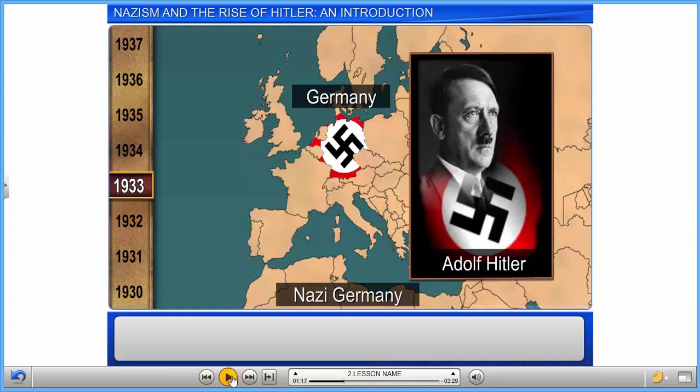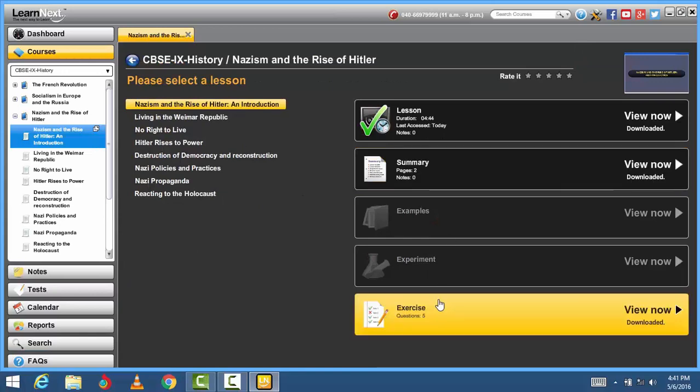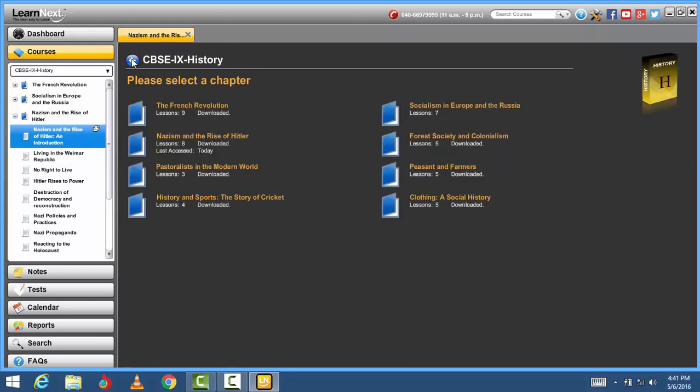So this is history. With the dates and all, it will be like a documentary movie. You need not read from the book. Here you can see the history like a documentary. In the case of history, there will be lesson, summary and exercise. Examples and experiments can't be there. This is the chapter, these are the lessons, all the chapters are there. Then will be